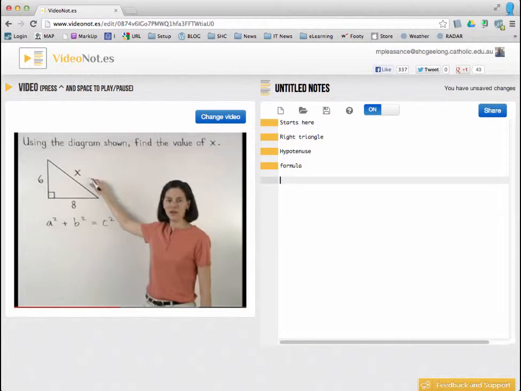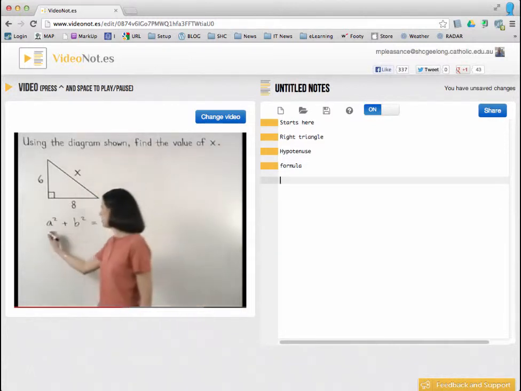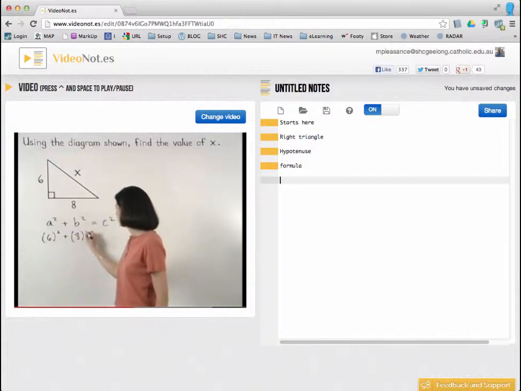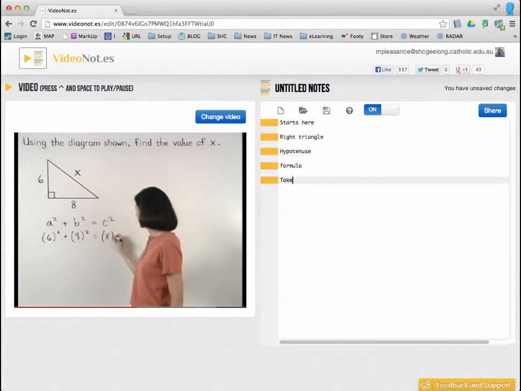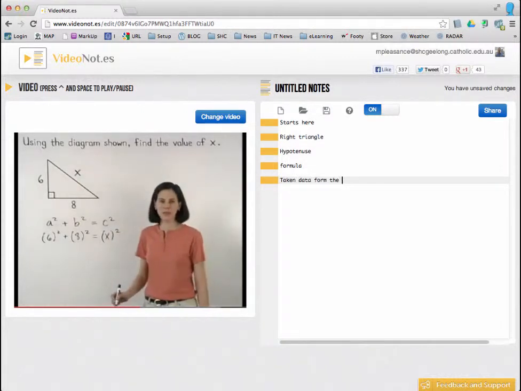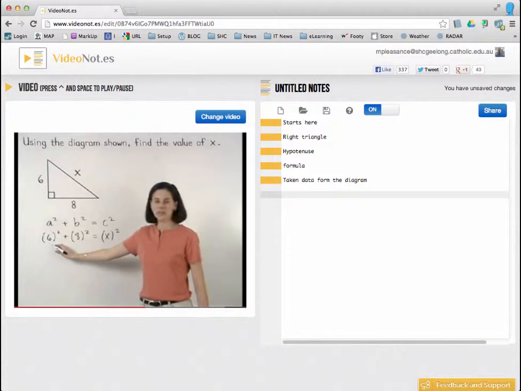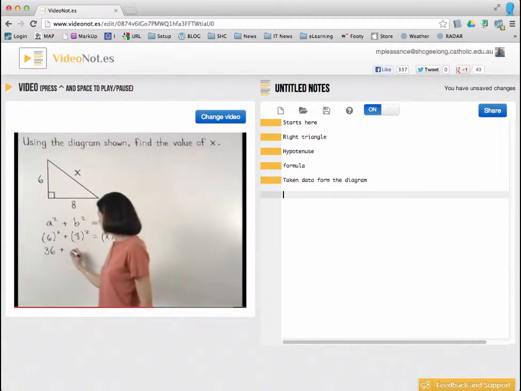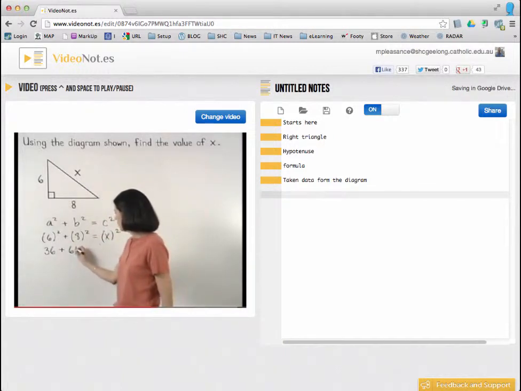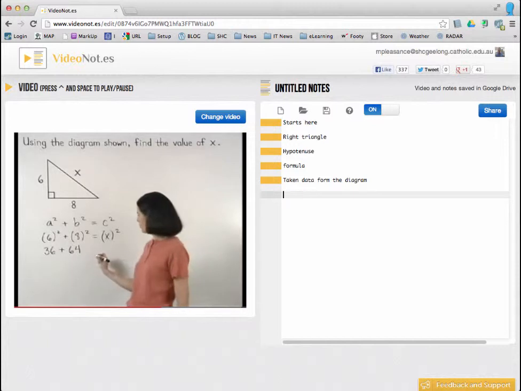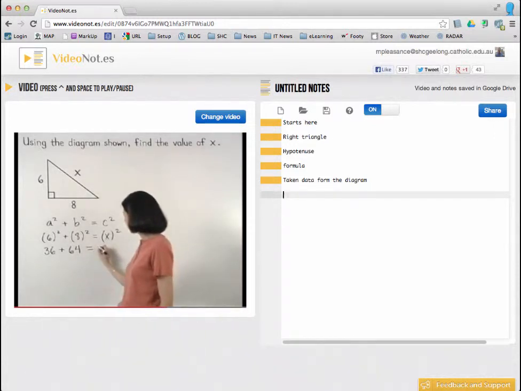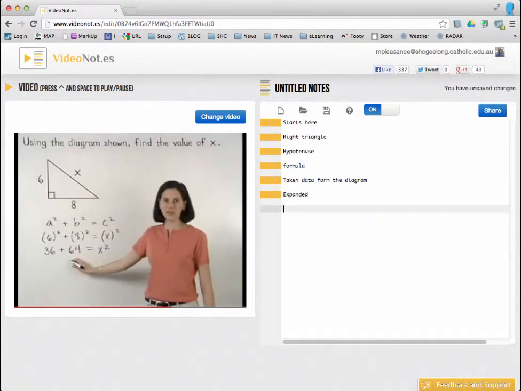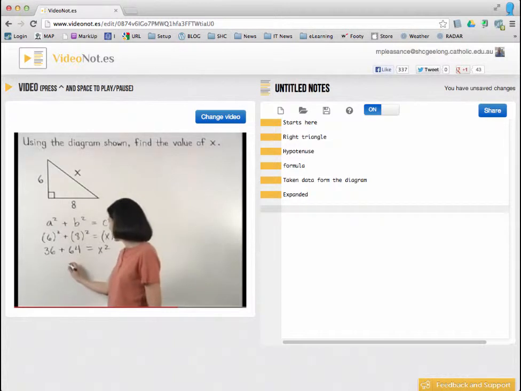of x, she's just talked about the formula, so I'm just going to write the word formula. We can set up the equation 6 squared plus 8 squared equals x squared. Now she's just taken the data from the diagram. 6 squared is 6 times 6, or 36, and 8 squared is 8 times 8, or 64. So we have 36 plus 64 equals x squared. She's just expanded the 36 plus 64 is 100, so we have 100